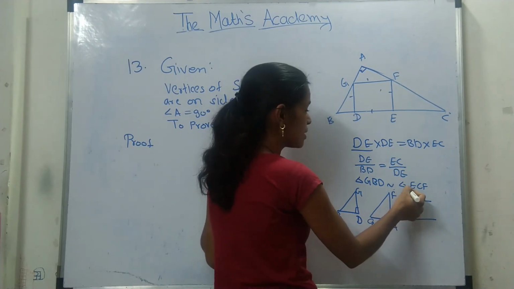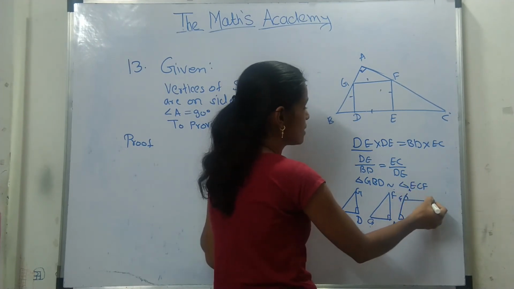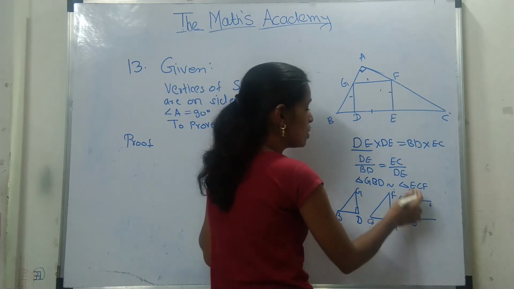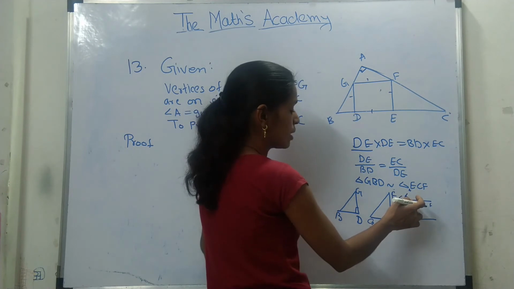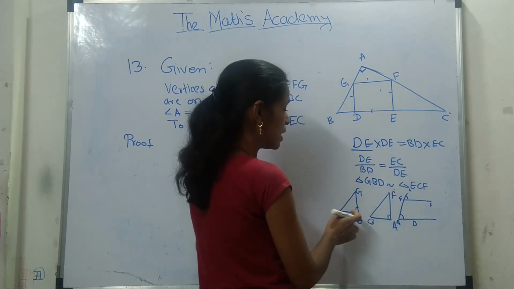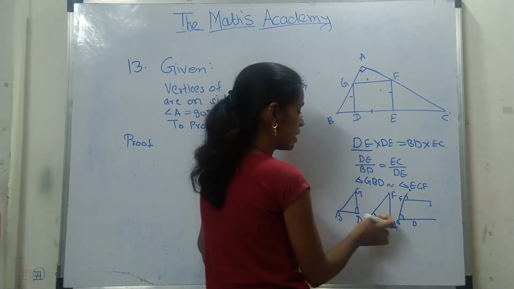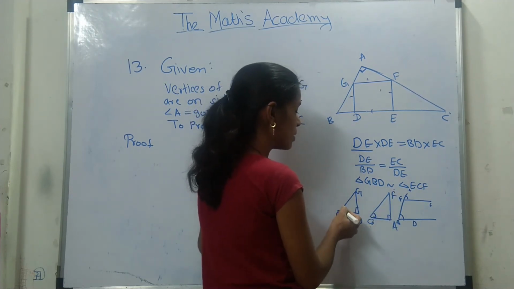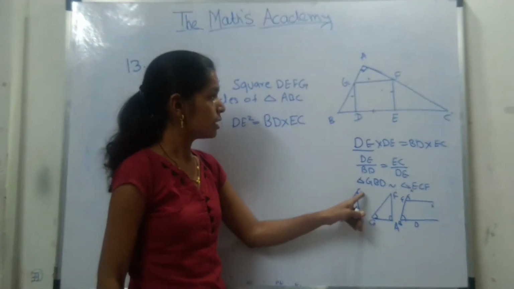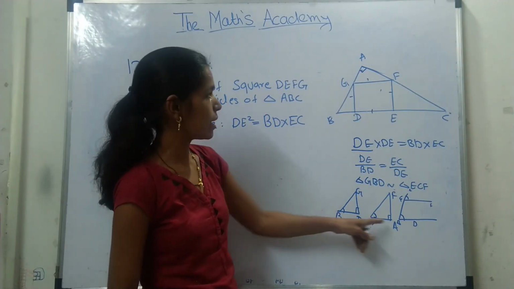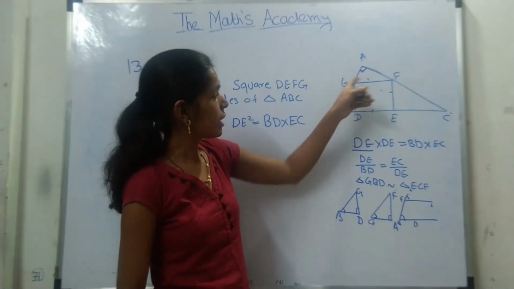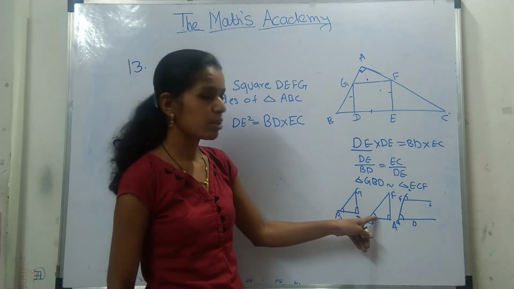Okay, and this here is point A, and this is F, and here is point B, and here is point D. So angle AGF is equal to angle DBG. This AGF is equal to DBG, corresponding angles. Since these two lines are parallel, BD is parallel to GF. Therefore, this angle B is equal to angle G.